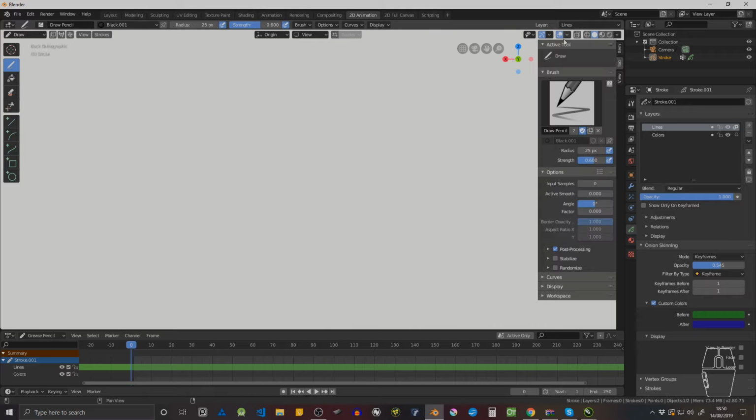So you have that enabled, and you make sure that on your layer properties, which is obviously under the Grease Pencil option here, this is Blender 2.8 by the way, you have to make sure that you have onion skin enabled here as well. I missed that initially, so just make sure you have that enabled for onion skin. And additionally, just to be safe, make sure you have it enabled here at the bottom as well. So this is under the Grease Pencil